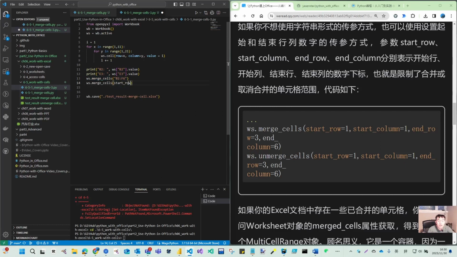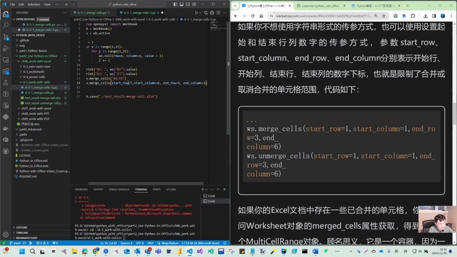We have 20 columns and 10 rows. We already use B2 to 6. We want this from the 7, start column, not 6. Not F: A, B, C, D, F. Let's go to also 7, or maybe 8. And the end row is 9. And the end column,